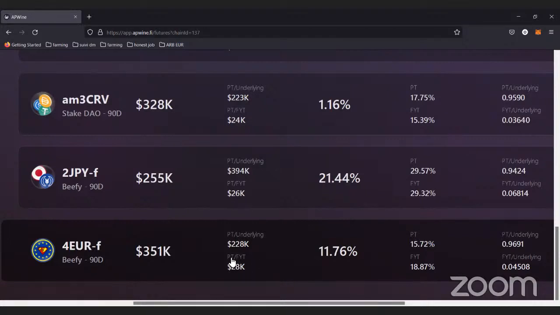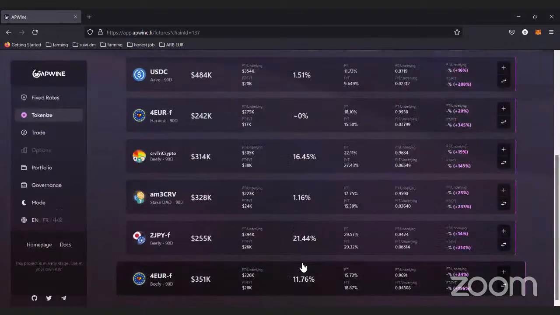But here is different. Here it's locked €4, locked yield, and there could be impermanent loss if someone, for example, comes and says, okay, I will sell all my future yield every time. So they will come, they will sell a lot of future yield, which means that the price will change a lot and there will be more future yield than PT token at some point. And you as a liquidity provider, at the end of the farming program, will have less PT and more FYT. But the FYT may be worth less than the PT if the price of the reward has crashed, for example. And this is a risk that you may face.